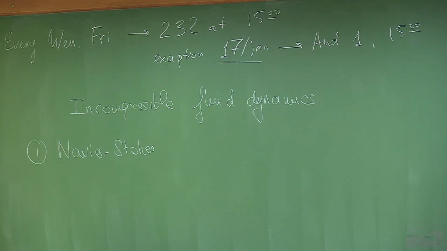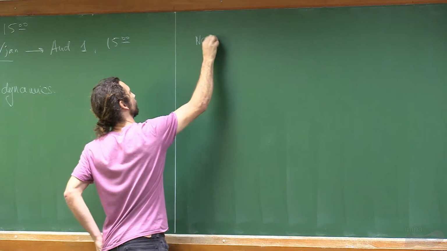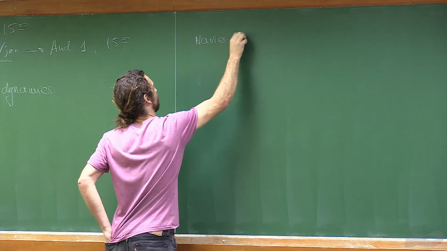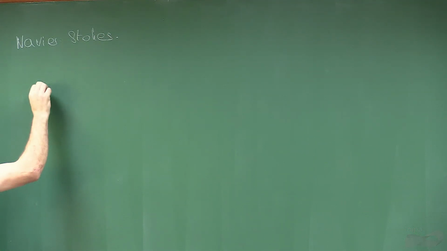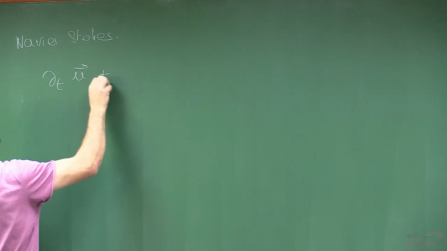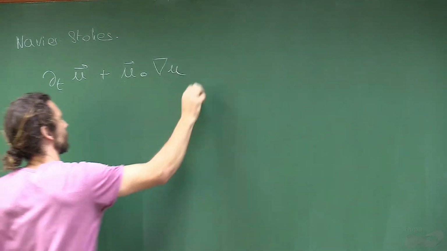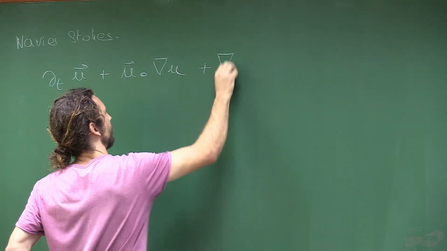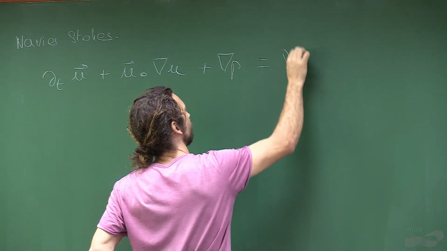And so, what are the Navier-Stokes equations? Essentially, we can write them as a PDE, the evolution of a velocity field, which we'll call U, under the action of pressure and some viscous term,